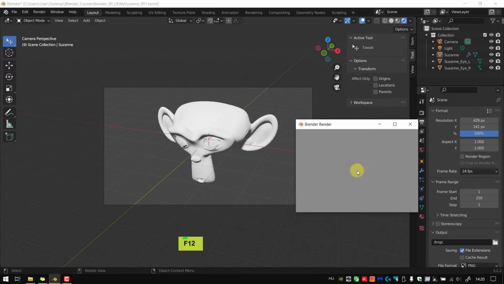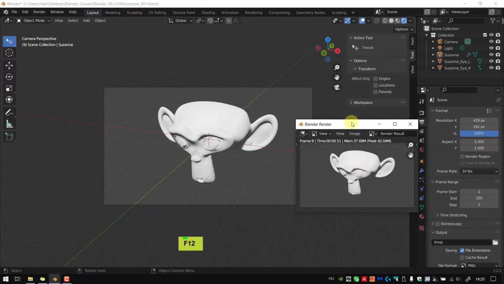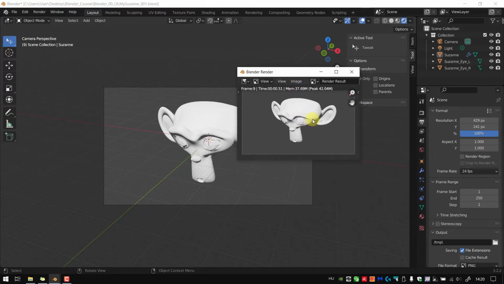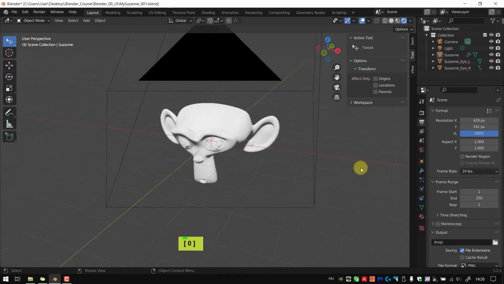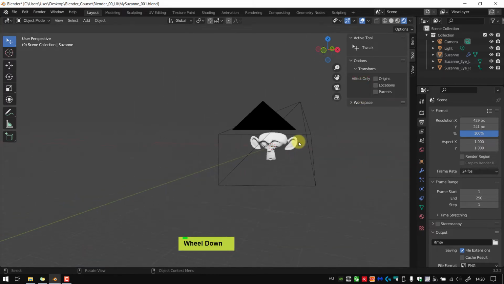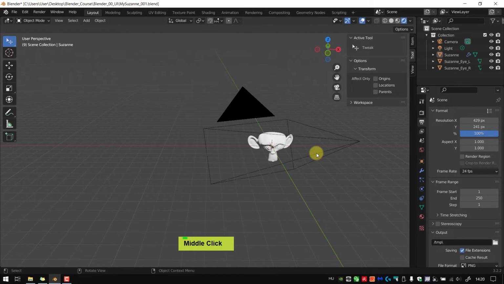So function key 12 will give me this little bit better, faster, and more manageable render and render time. Okay, here's the render time, by the way. It's pretty high for such a thing like this, but I'm recording as well. Okay, so let me close this. And the light is fairly strong, but we don't want to go really into the slide edition. It was just a quick overview of what to do if you want to create a picture and what type of